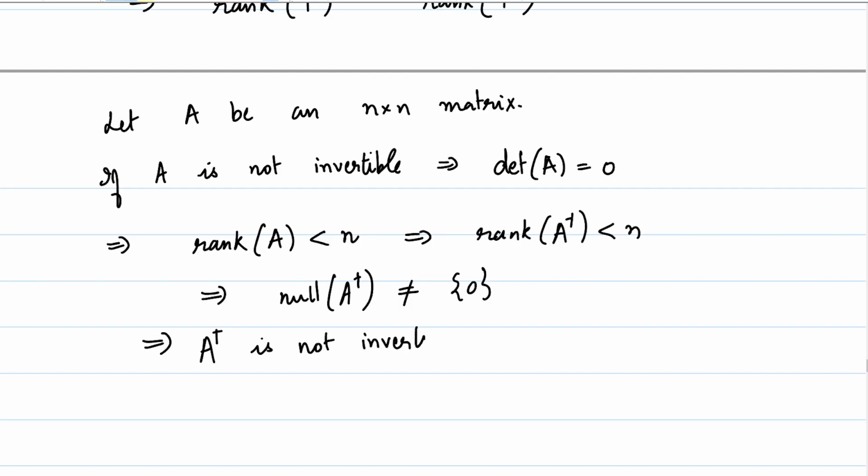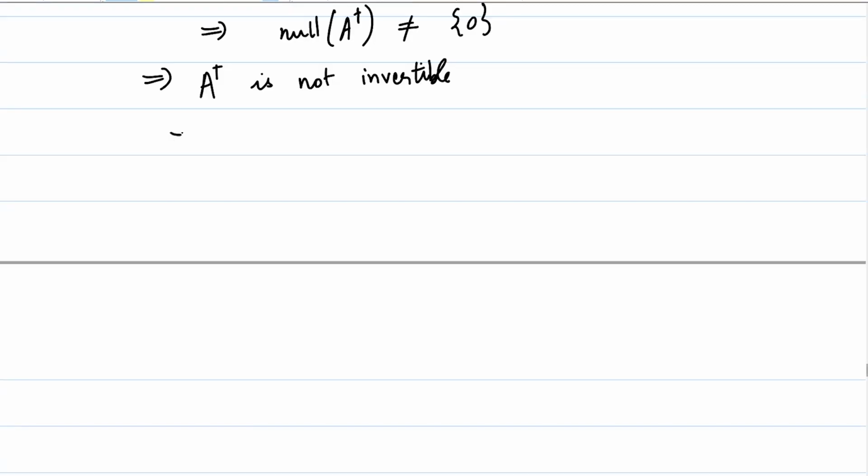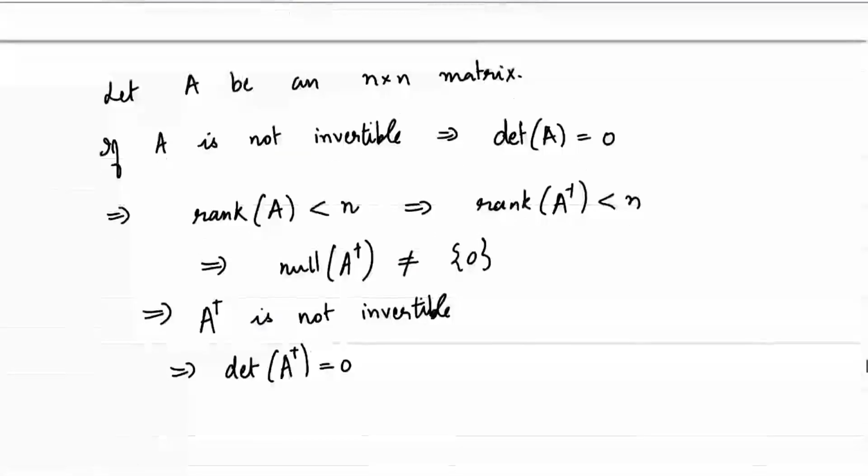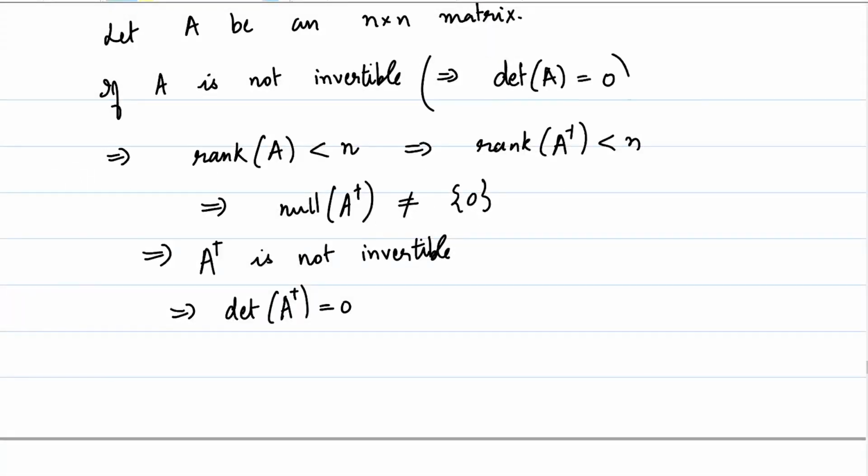But what do we know about matrices which are not invertible? We know that its determinant is 0. So this implies that determinant of A adjoint is equal to 0. So this conclusion stands aside. So let's see. Let it be there. This is the implication here. Anyway, this helps us conclude that if A is not invertible, determinant of A is 0 and determinant of A adjoint is also 0. But what about